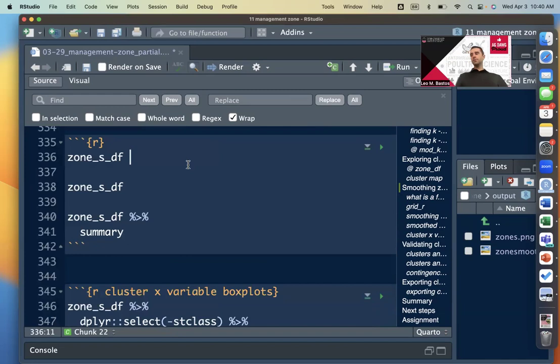So if you come here on the next chunk, I'm going to call this object zone underscore S underscore DF. So let's give it the assignment symbol. We're going to start,